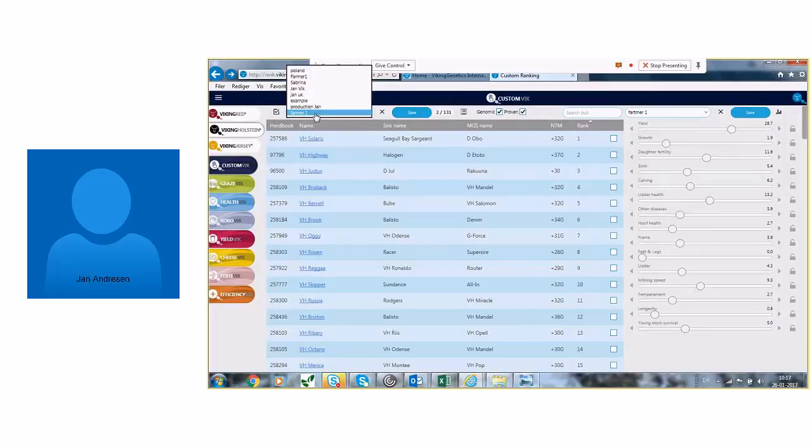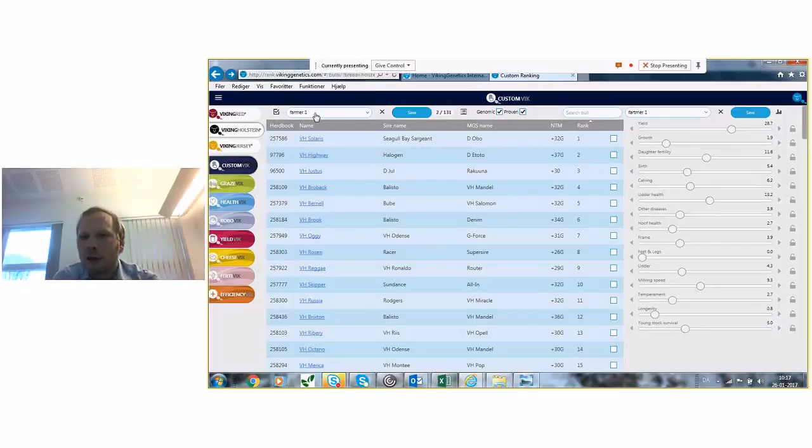Of course, if you press in general on the health traits and still keep the production up, it looks pretty similar to the NTM, which makes progress in all the economical traits. So it depends on what kind of farm you're looking for. Again, if you're talking to a farmer that maybe has more focus on hoof health because he has a lot of trouble with it. So it depends on what kind of farm. But in general, if you put around 15 till 20% on the health traits of all of them and still keep production at around 30, you will normally get a pretty good progress in nearly all the different traits. Sure.